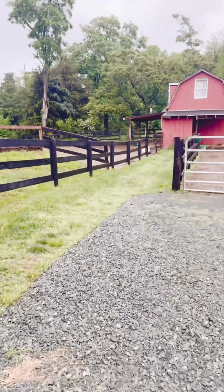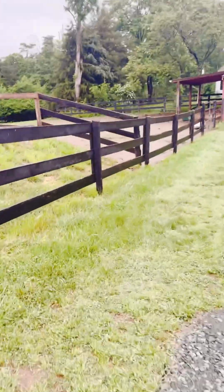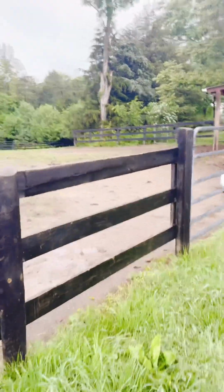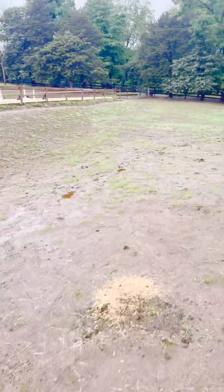Now we're making our way out to feed the boys in the back, as I like to call them, or the brocephs. This paddock that we're about to walk through, you'll see I am trying to grow grass in it. We just seeded it, and now we're getting a bunch of rain, but it had gotten pretty trashed from being overly used this winter. See the grass starting to come up. That's exciting. Look, yay,